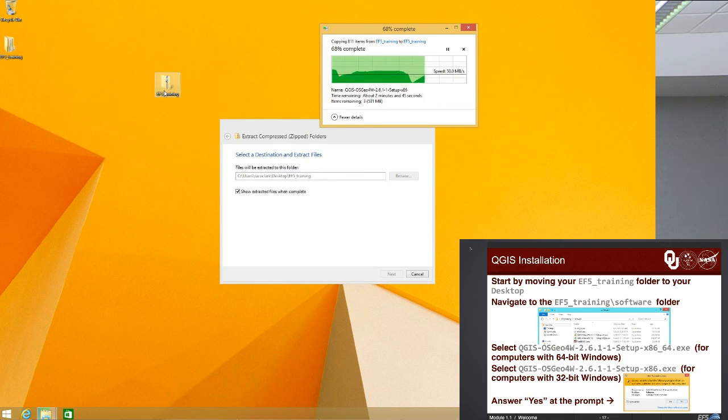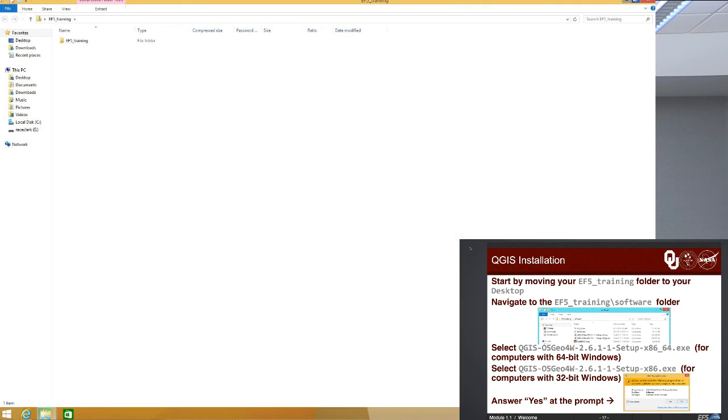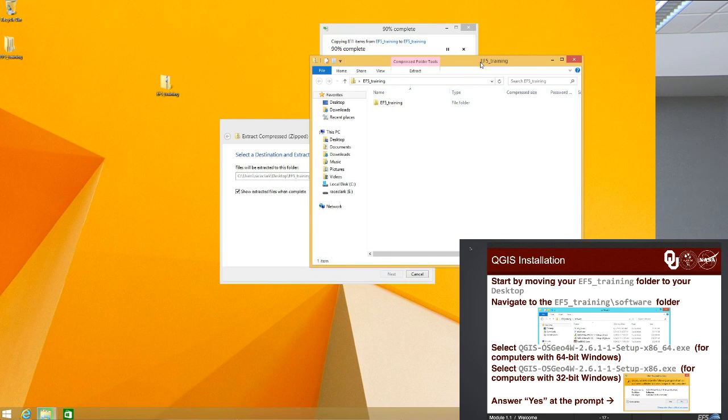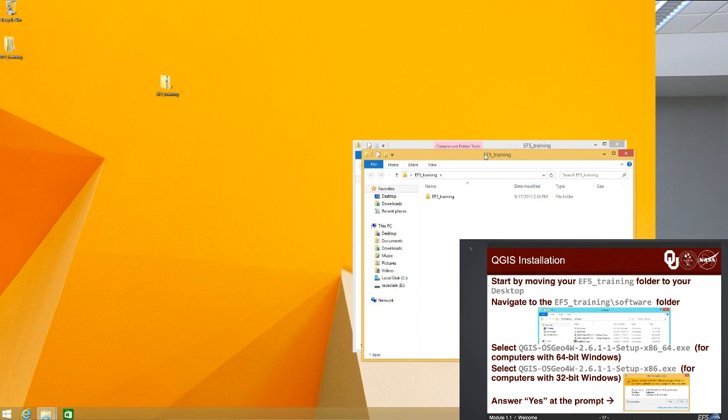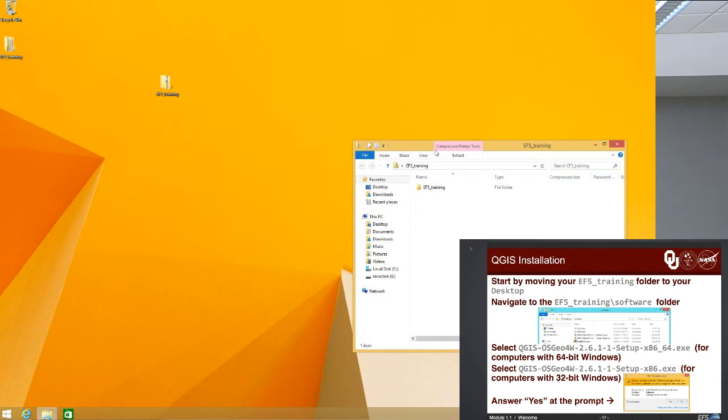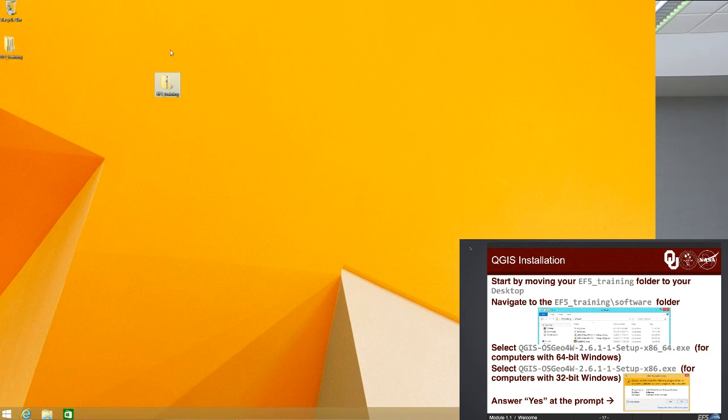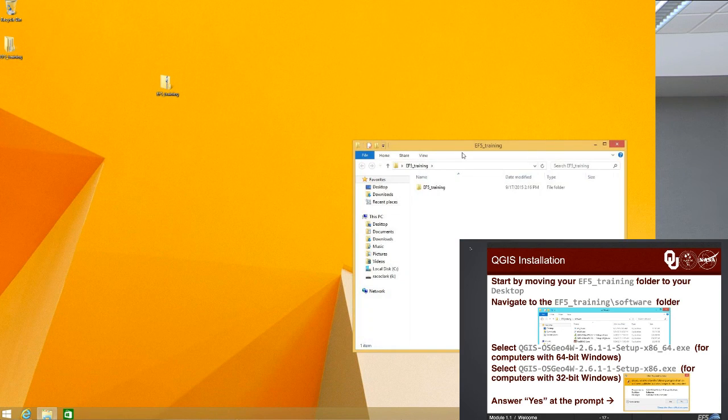And while we wait for this to unzip, I'll show you what happens if you don't successfully unzip something. When you don't have it unzipped, everything looks okay, but you'll see this pink area at the top that says Compressed Folder Tools. If it says that, you're not clicking on the right file. You want to click on the one that doesn't have the zipper, the one that's open and has little pieces of paper inside it. When I click on this one, I don't see any pink up here at the top